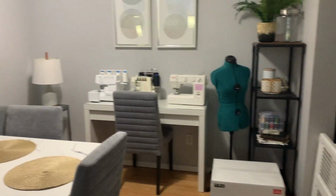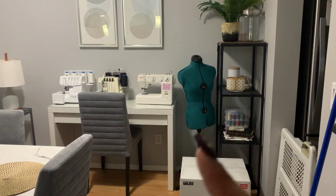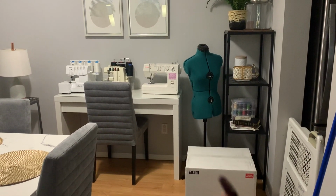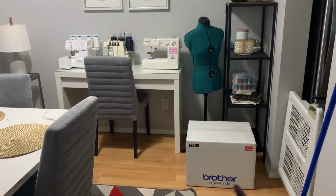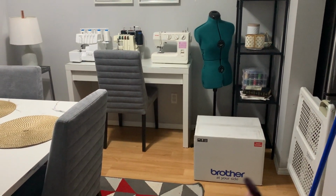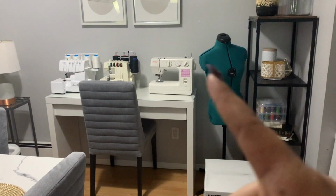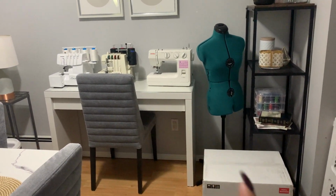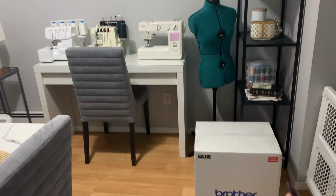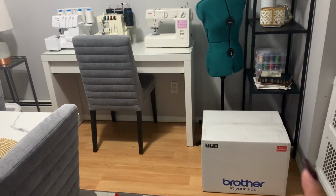But yeah, this is what it's looking like. Definitely gonna move this. The more I look at it, the more I'm gonna move this. I have another sewing machine that I'm supposed to unbox. It's an embroidery slash sewing machine. I'm thinking that I may sell this one because the embroidery machine that I have also sews, or maybe I'll just set up this to embroidery,